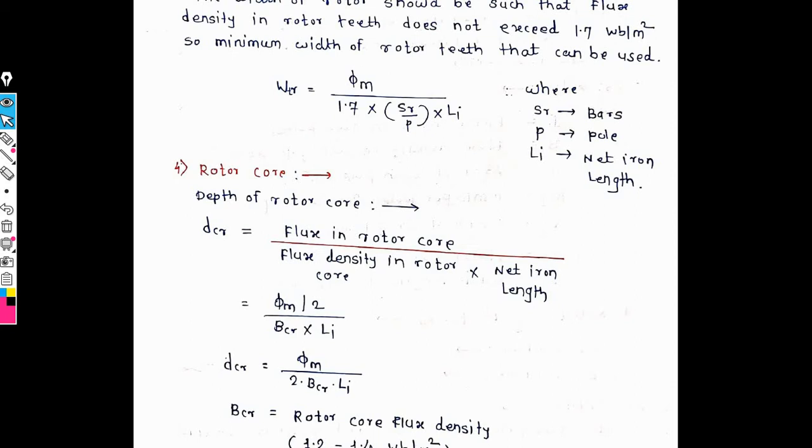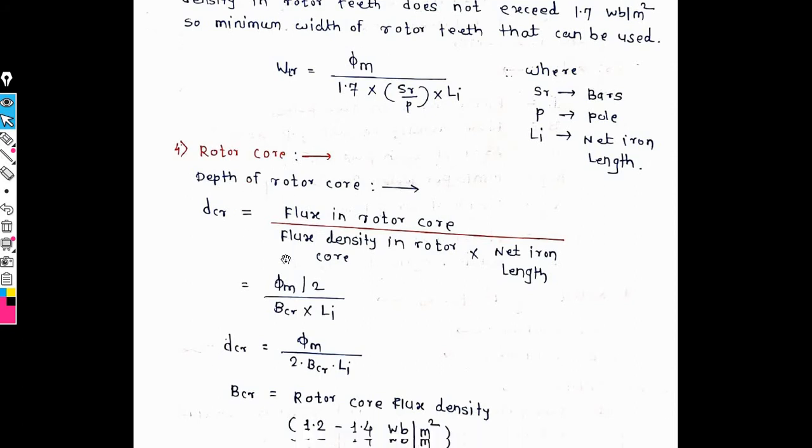Also, as the university says, we need only standard formulas, not their expressions, because the expressions are very large. In the reference book a large amount of expressions are available, but these expressions are very big and very sensitive. There is no need for them in the university syllabus. We need only an overview of the design of the three-phase induction motor and its parameters. Then the fourth parameter is the rotor core.